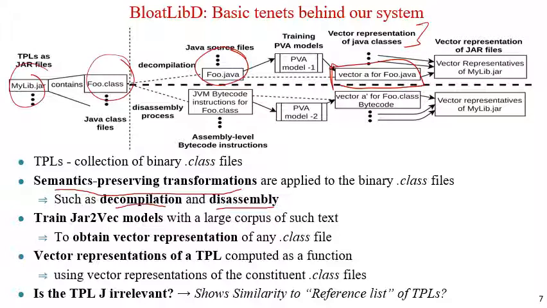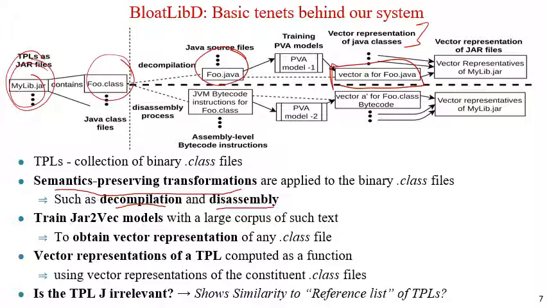and now these five source code vector representations can be used as a function to get a vector representation of this jar file, which can be used to detect the similarity of this jar file among other files in the same format. So this is one of the methods to extract a representation of the jar file. And why do we use vector representations? Because it is very efficient to compare the vector representations in terms of similarity using PVA.